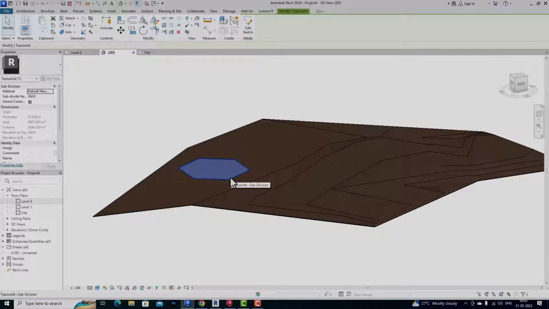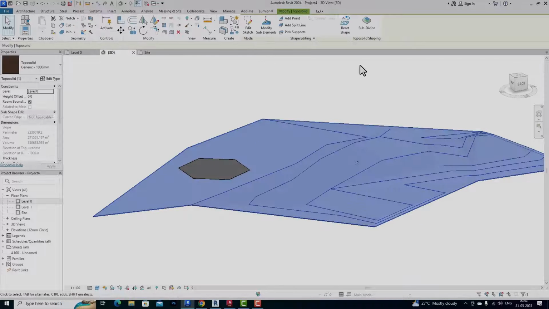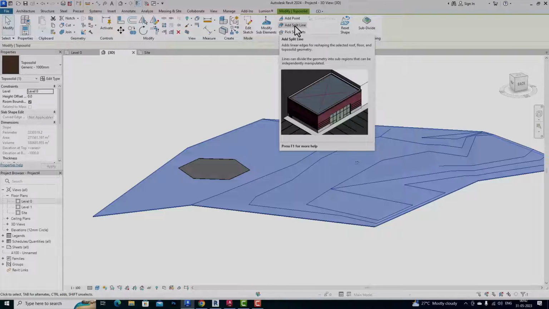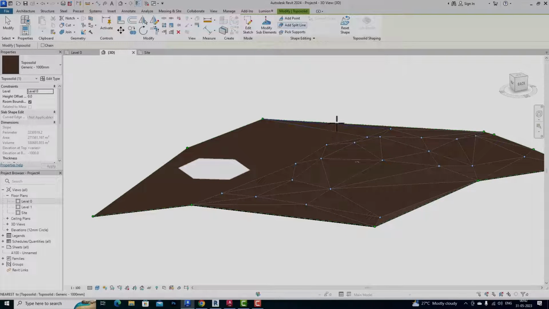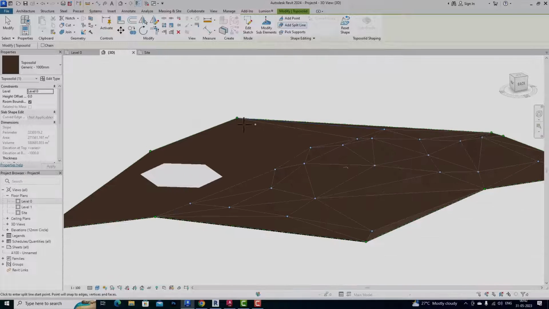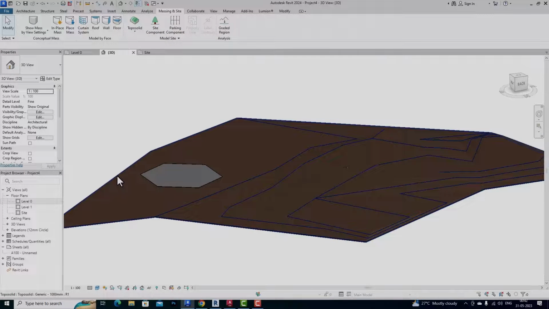So this is the use of subdivide, and you can use a split line to define any points here. So you can split this,